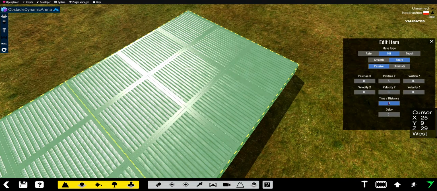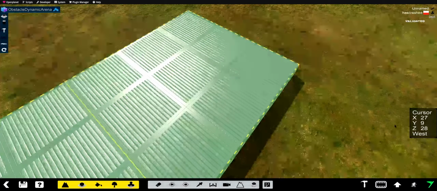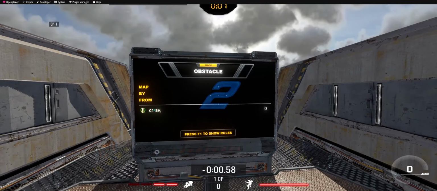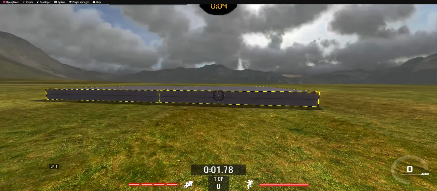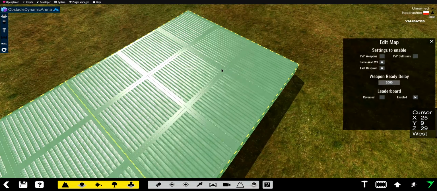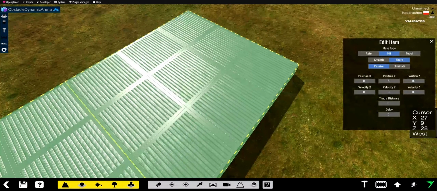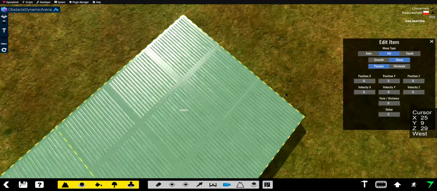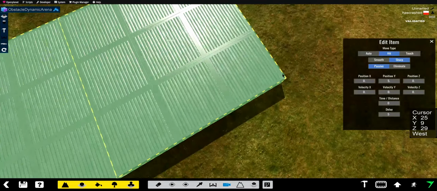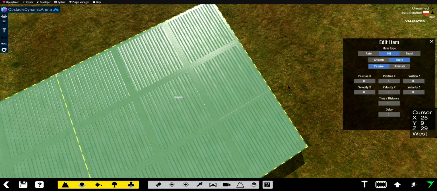But if we set time to 0, then it should not do anything. I hope it will. I won't find the bug right now. Yeah, you see, nothing happens because the time is set to 0. So every movement of the item is discarded. Okay, so pretty much everything is covered in this place. So the combinations of